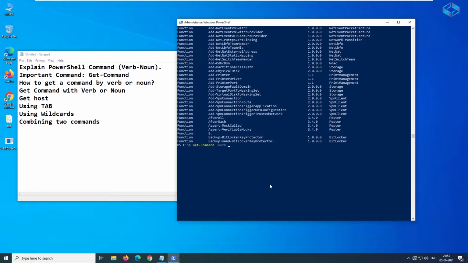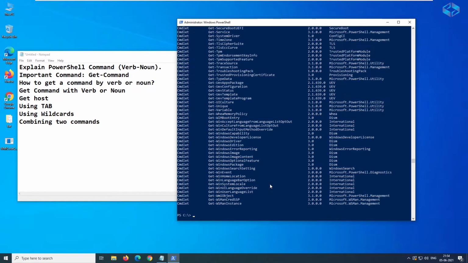So let us say we have Get commands and also maybe Stop commands, whatever many commands we have. Let's say I would like to know which commands start with Get as a verb. When you enter this command, it will list out all the commands starting with Get, and if you would like, you can also use wildcards, which we will be discussing today.